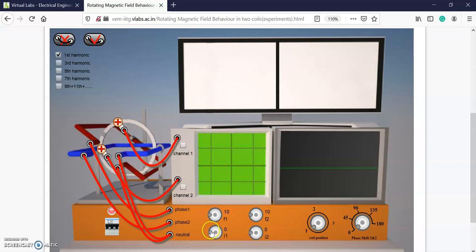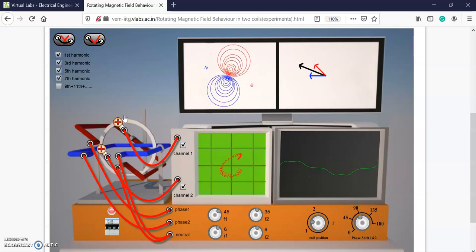Now simply switch on the MCB. Then you can modify the current and the frequencies, and you can easily see the observations. You can see we have the mathematical representation. We simply enable the channels. You can see the graph on the oscilloscope, and you have the magnetic flux lines and the vector field summation. So everything has been given to you. If you want to observe various values, just modify the parameters, change the phase shift, and you can also enable the harmonics as well.